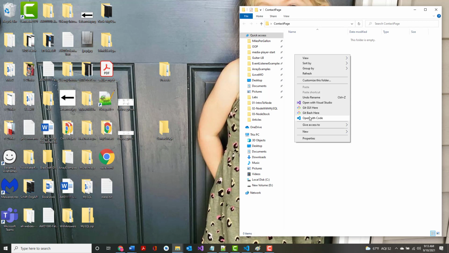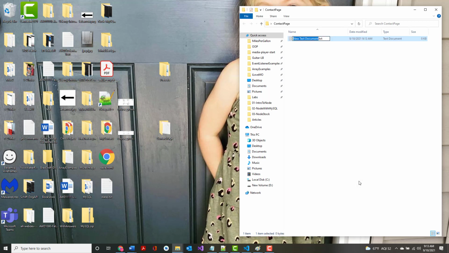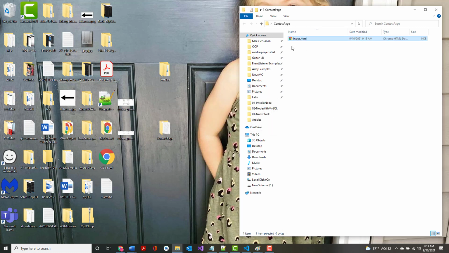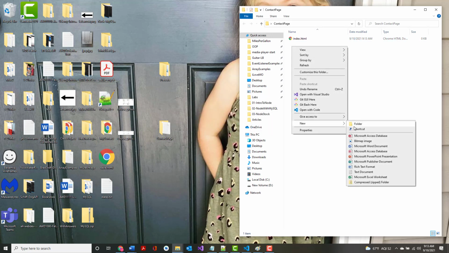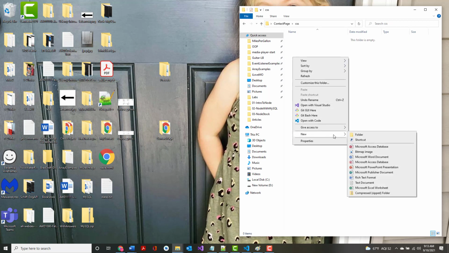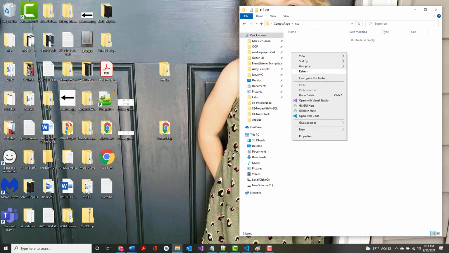come in there and do your new text document. And we're going to change that to index. Make sure you remove the dot text in there, .html. Put in a folder that's called CSS. And in the folder, put in your styles.css file. Not a folder. Put in a file that's called styles.css. I don't know why you put a folder in there, but